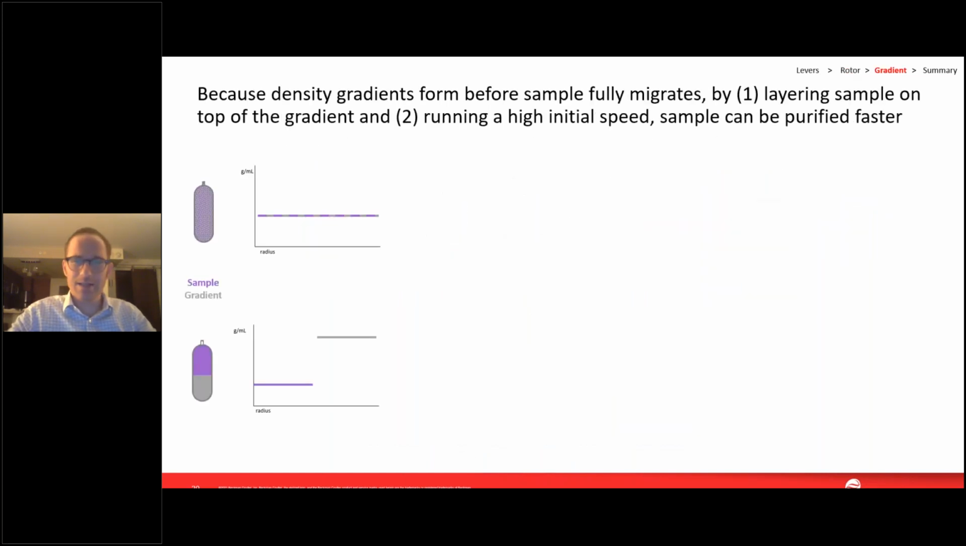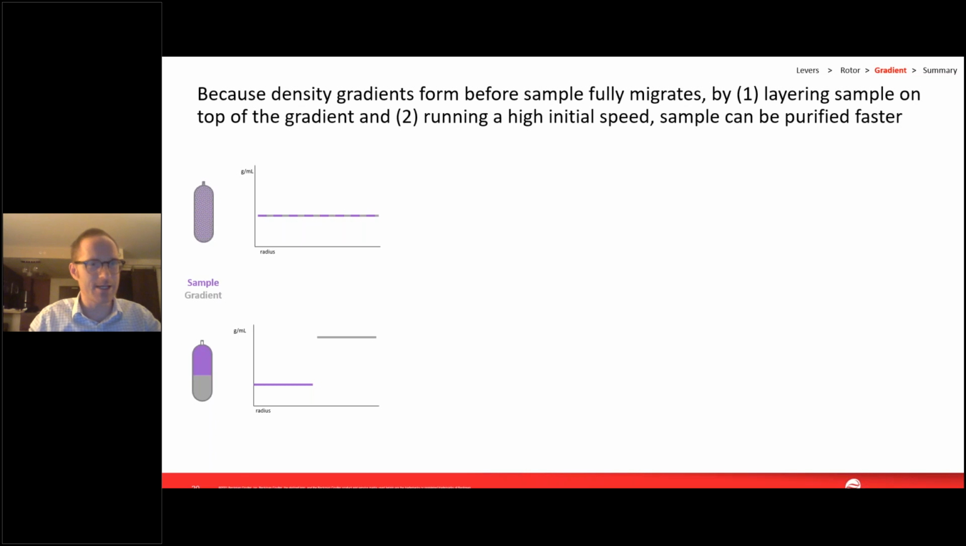All right, let's now talk about the gradient. Because density gradients form before the sample fully migrates, by layering sample on top of the gradient and then running at a higher initial speed, sample can be purified significantly faster. Now, there's a lot to unpack in that sentence,